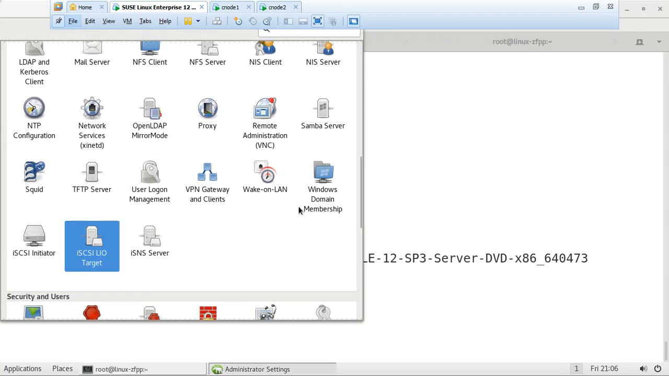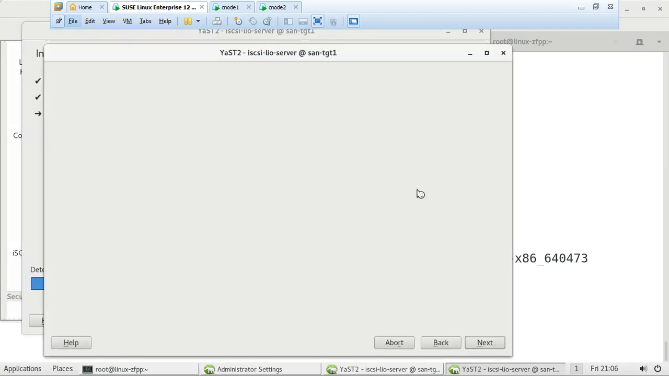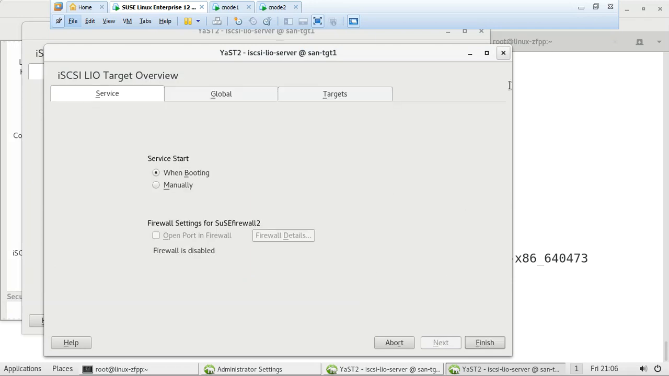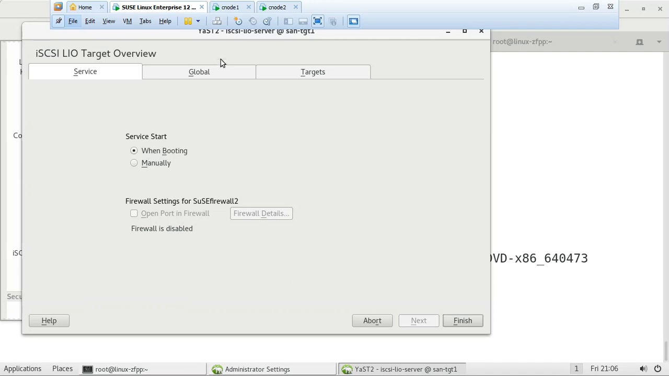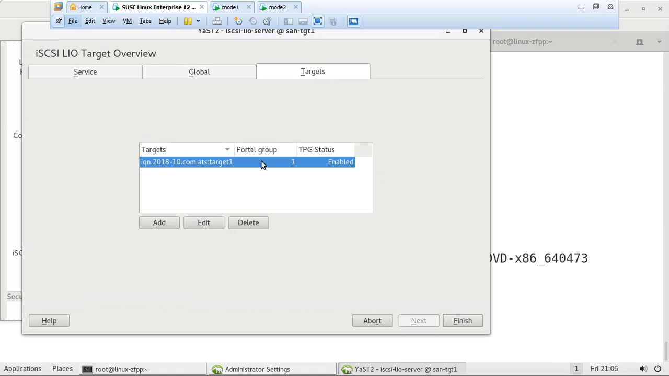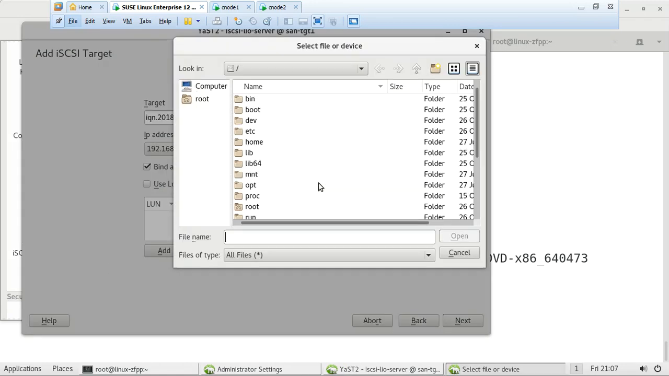Okay, so here you can visualize how we did it. Allow target, okay, and once it is up, when booting, global parameters, no authentication, targets. I have one target. You can add one more target. Okay, and use login authentication, no. Bind all IP addresses and add a new logical device here